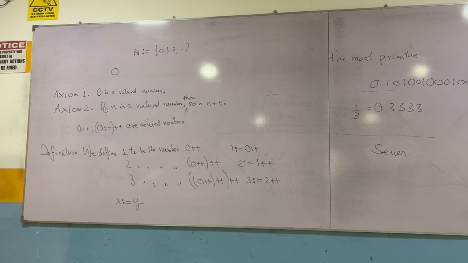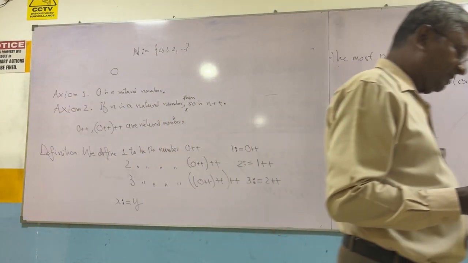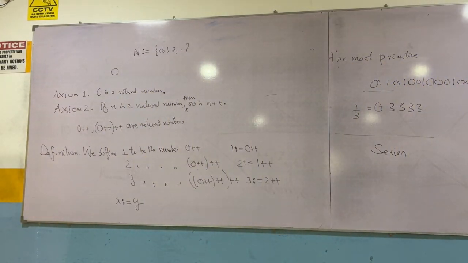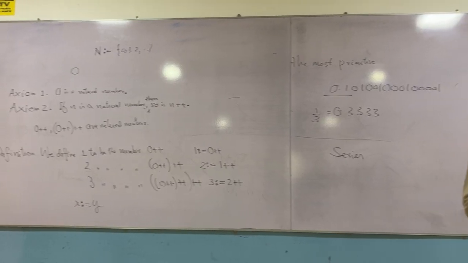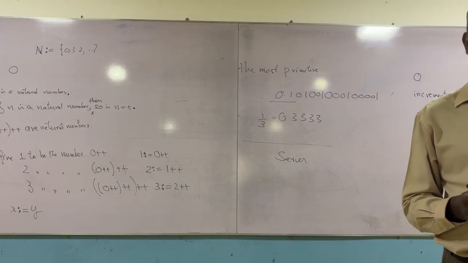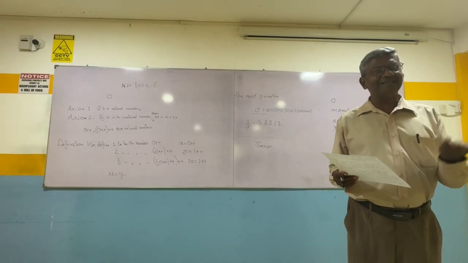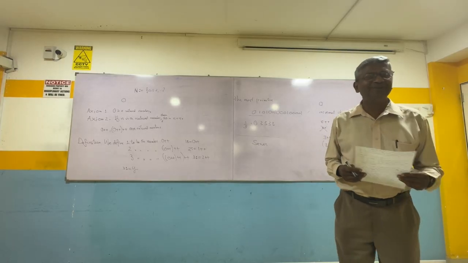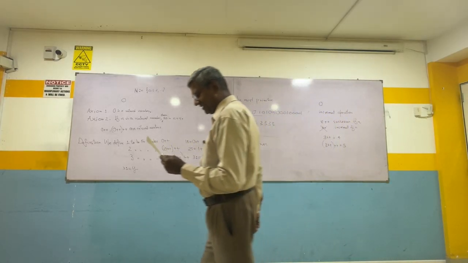Proposition: he says 3 is a natural number. So in a way it is silly, but let's go through it. 3 is a natural number. You have to think this way: if a guy like him is proving 3 is a natural number, why can't silly boys like us prove it? That's how you need to think.